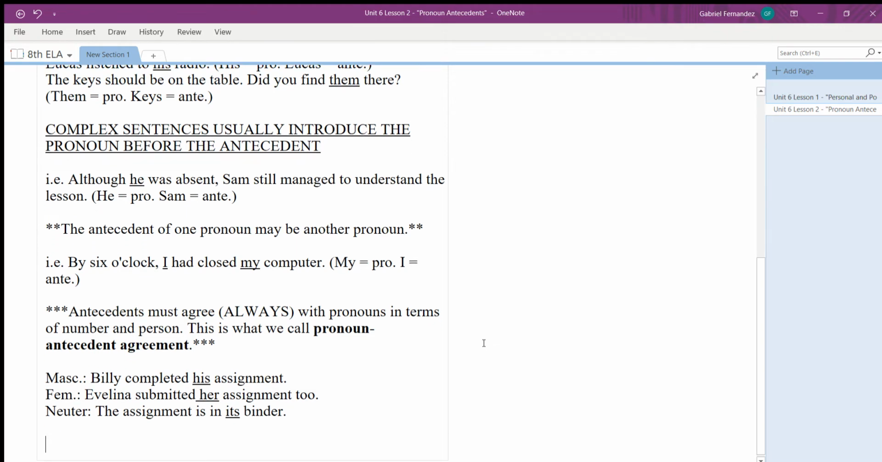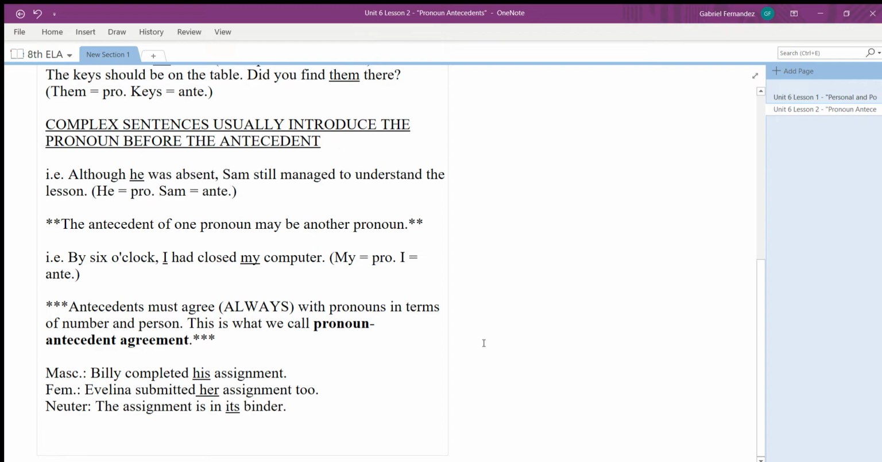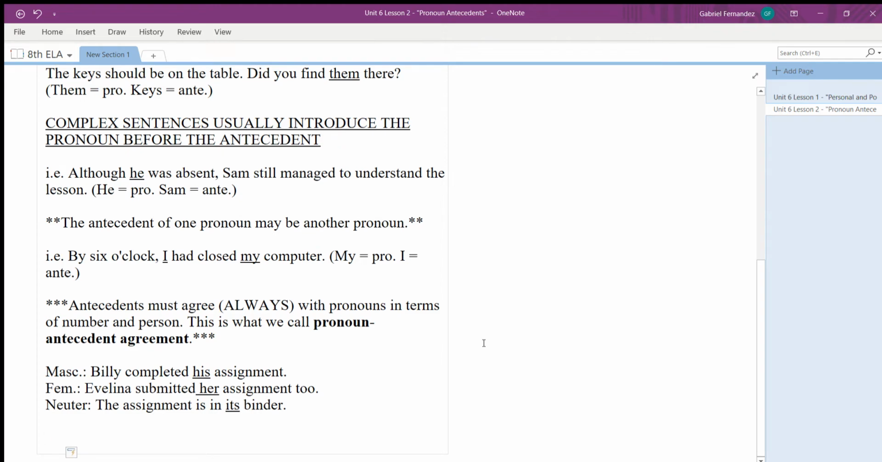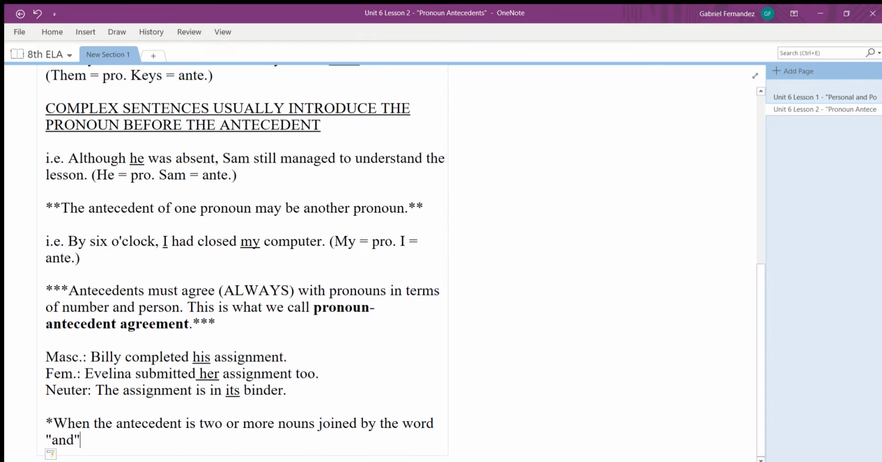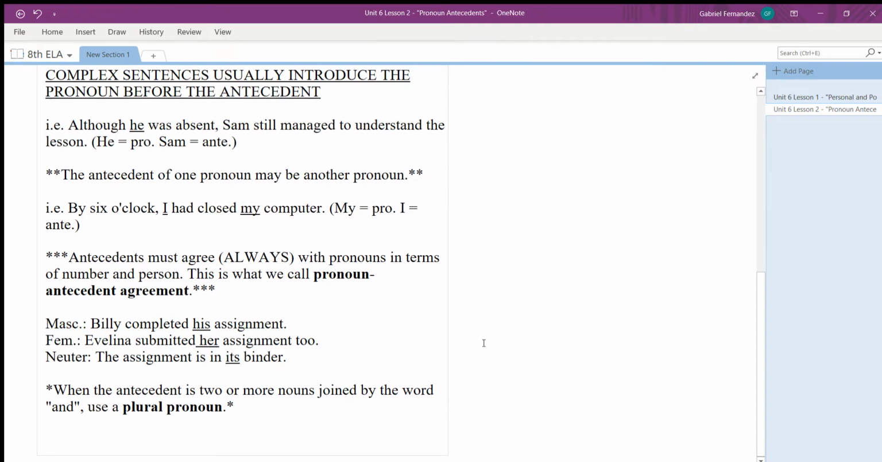Okay? A couple more notes for you guys. When the antecedent is two or more nouns joined by the word and, use a plural pronoun. When the antecedent is two or more nouns that are joined by the word and, you use a plural pronoun. For example,